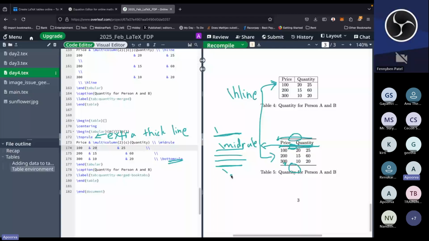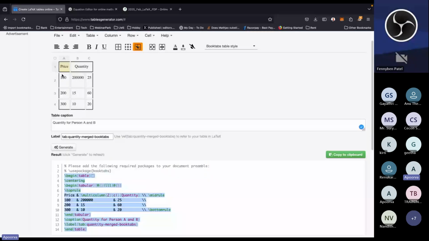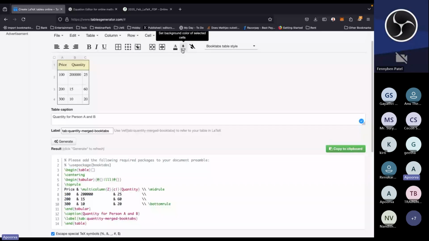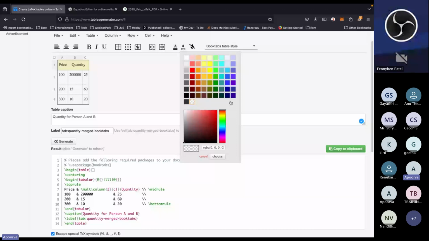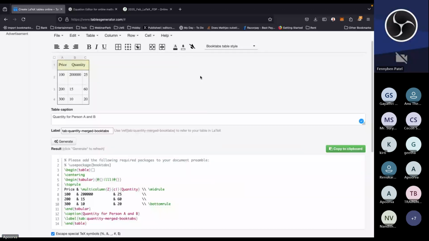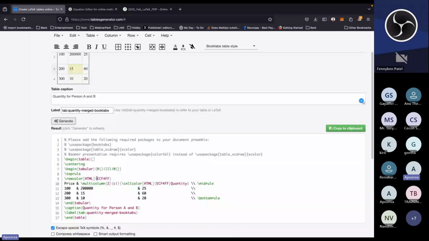You can also use this to add colors to your document, right? We haven't discussed much about it. You can see set background colors. So for instance, let me disable this. For these two, I would want to select the color. You don't usually use this, but if you want to try around, say I would want to set this particular color, and say generate. Now, in order to do anything with colors in LaTeX, you would want to use xcolor,